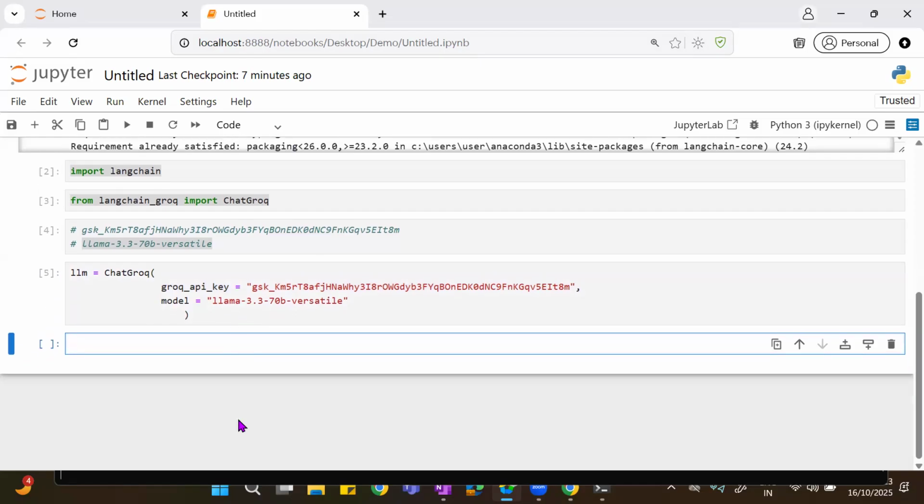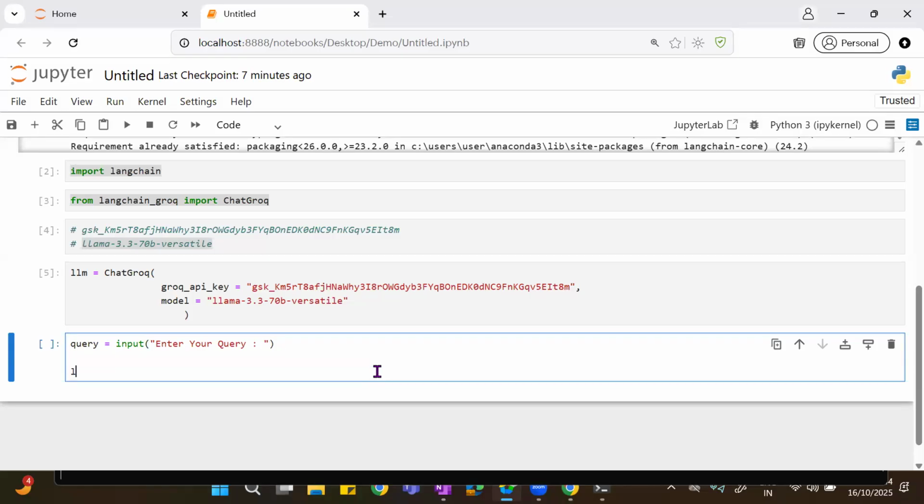Now I will ask a question. I'll write query equals input, enter your query. The user will enter the query, and that query will come over here. I will pass it on to the LLM by using invoke. LLM is this, remember this.